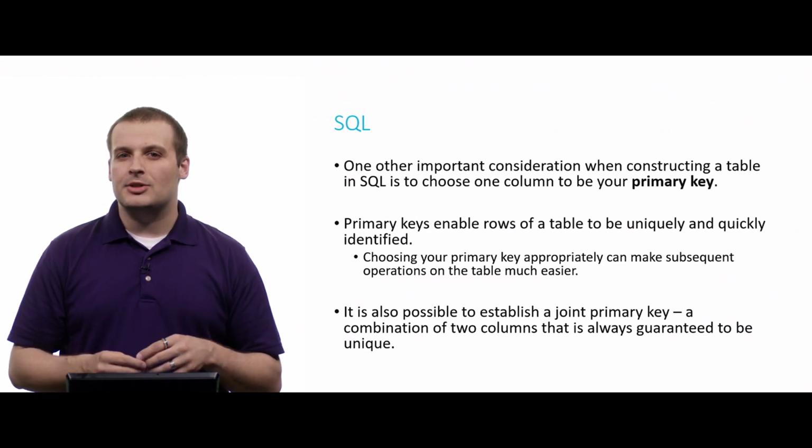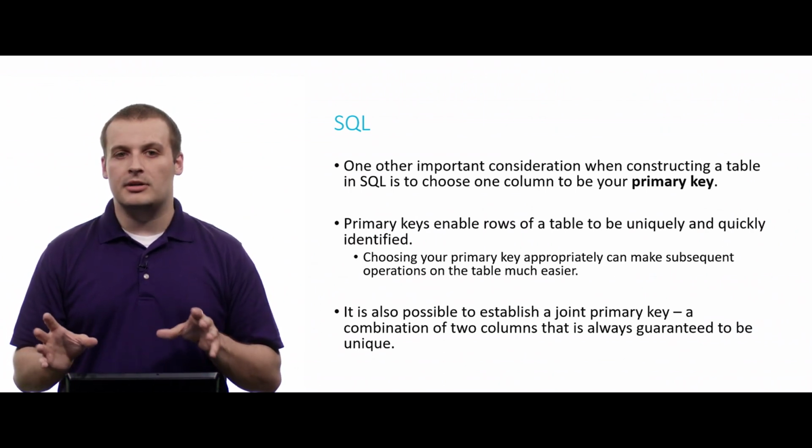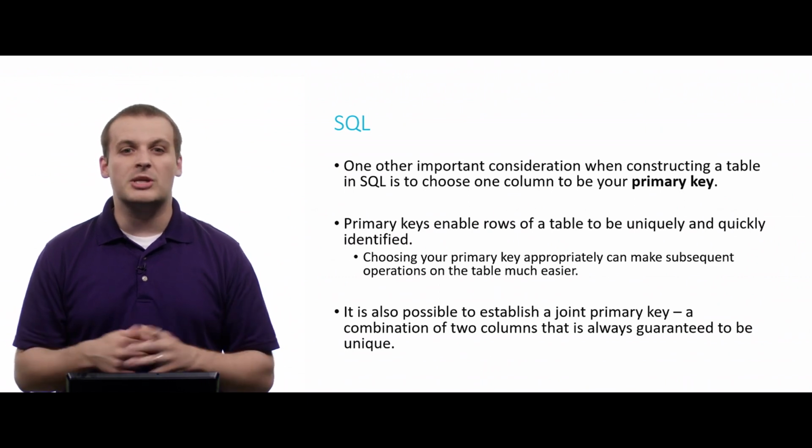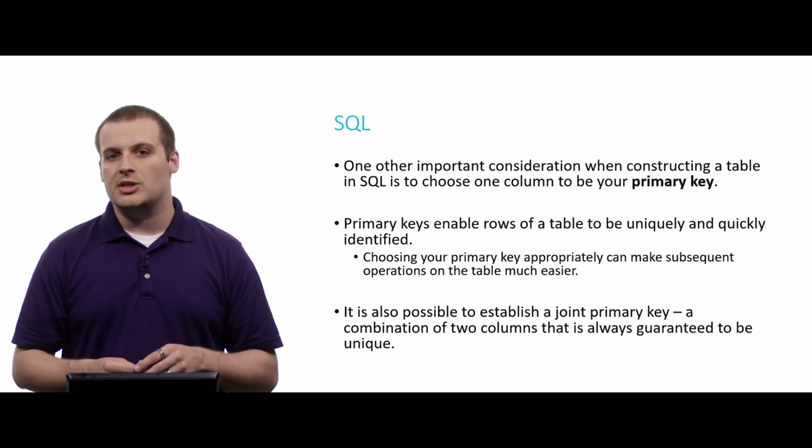Now, it's also possible to establish a joint primary key, which is just a combination of, say, 2 columns, but it can be an arbitrarily large number of columns, that is always guaranteed to be unique. So I could have one column that could always have A's or B's or C's, and another column that has 1s and 2s and 3s and 4s. I could have multiple A's and multiple B's and multiple C's, multiple 1s, 2s, and 3s. But across all of those rows, I'm only ever allowed to have one combination of A1. I can have B1, C1, I can have A2, A3, A4, but there's only ever one combination of those two columns that is unique. That would also be acceptable because that is a joint primary key.